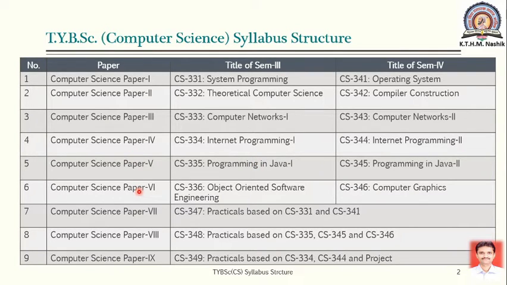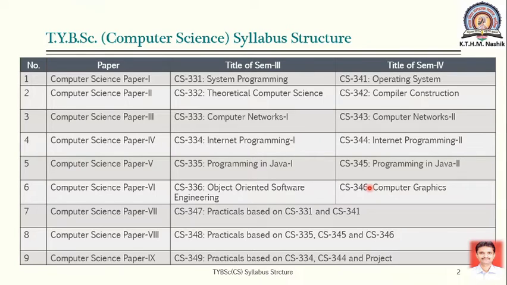Let us come to paper 6. Theory paper 6, object-oriented software engineering, in semester 3. The aim of this paper is to understand object-oriented modeling techniques and their applicability. You will study UML diagrams for project analysis and design. You will also understand techniques of object-oriented analysis, design and testing in this paper. The corresponding paper in semester 4 is computer graphics. Basically, you will study how graphics objects are represented in programming.